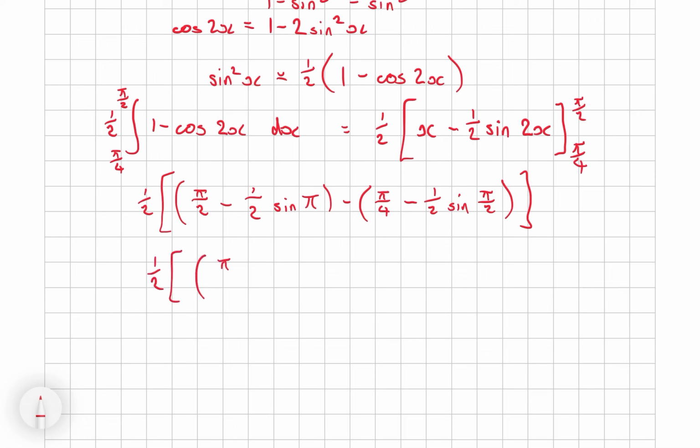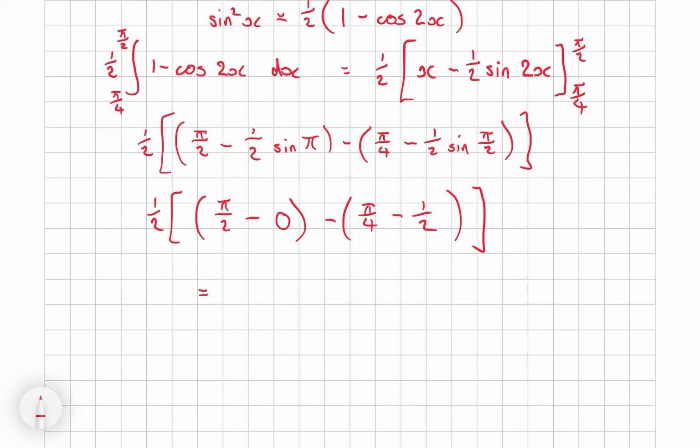half of pi over 2 minus, now sine pi is 0, and then minus pi over 4, sine pi over 2 is 1, so that's pi over 4 minus a half, which is equal to a half of pi over 2 minus pi over 4 is pi over 4, minus minus, that's plus a half,